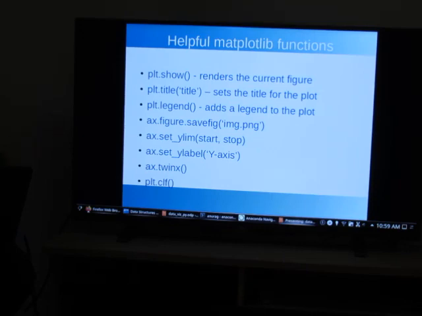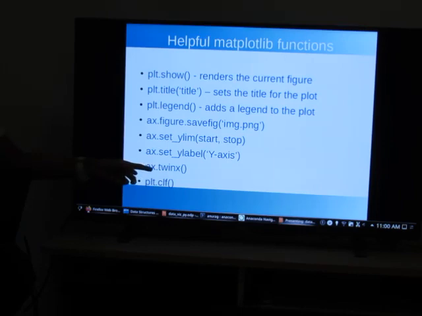So in matplotlib, there are two main objects, a figure object and an axis object. So those previous Seaborn functions return an axis object. On the axis object, you can perform various functionalities like axis.figure.savefig if you want to save the plot, .set_xlim or ylim, so you can set the range of values for the axis. It is a start value and a stop value. And then axis.set_ylabel or xlabel to set the label for that axis.